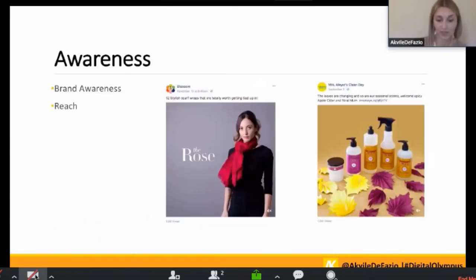So in terms of awareness campaigns, now that you've established your audiences and your goals and you're working towards different storylines and trying to show your story visually, here are some examples of really well done ads for awareness type campaigns. On the left, Blossom launched a really great ad. The background is simple, and the model's wearing all black so you can focus on the brighter part of the ad, which is the scarf. She doesn't talk. She just demonstrates 12 different ways to stylishly wrap your scarf, perfectly timed for the fall season.